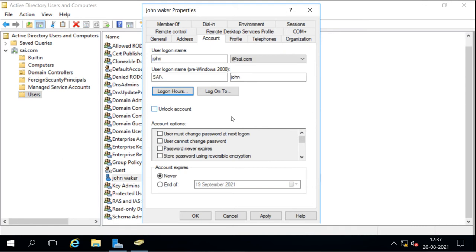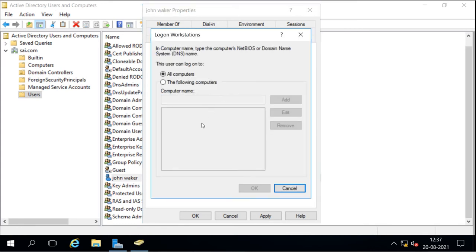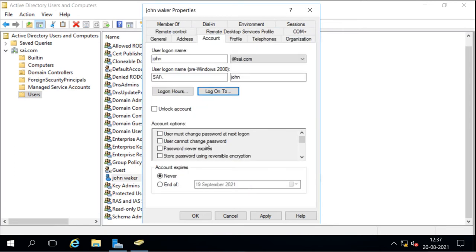Then, I said that users can log into every machine in the domain, any client in the domain, but if we want, we can change this to some particular machine. We can select the computer account here that we want this user to log in to. So only on that computer account can this user log in. On other computers they will not be able to log in. By default any user can log into any computer. We can restrict them to some specific account.